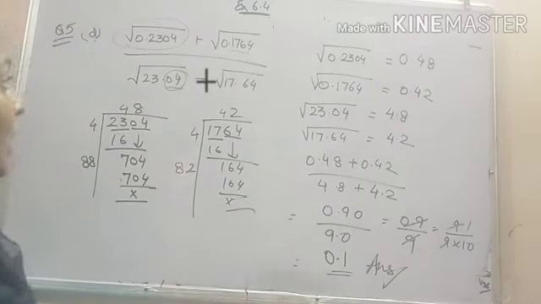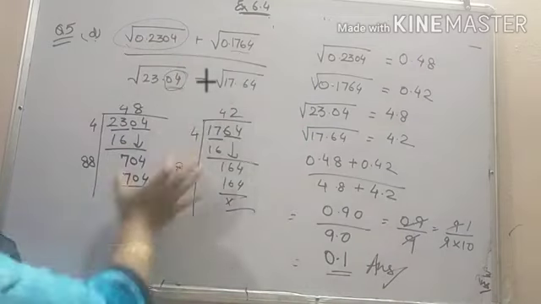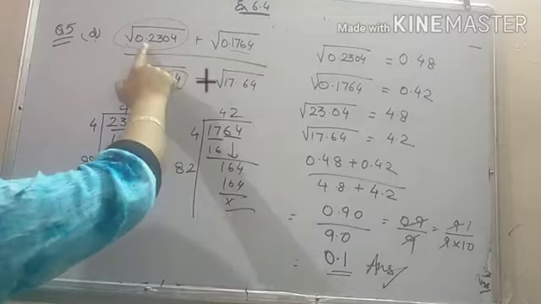So there is no need to find the square roots of each and every number separately. Just find the square root of the two numbers and write the values according to the